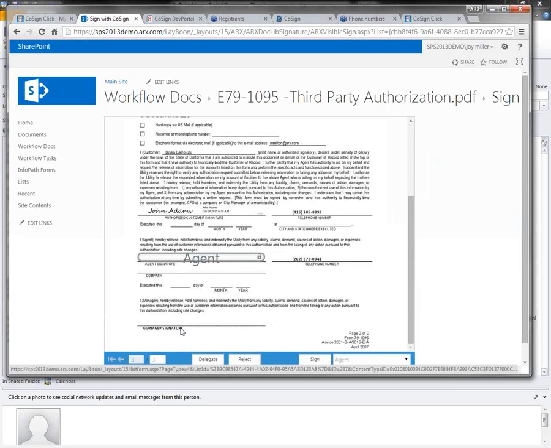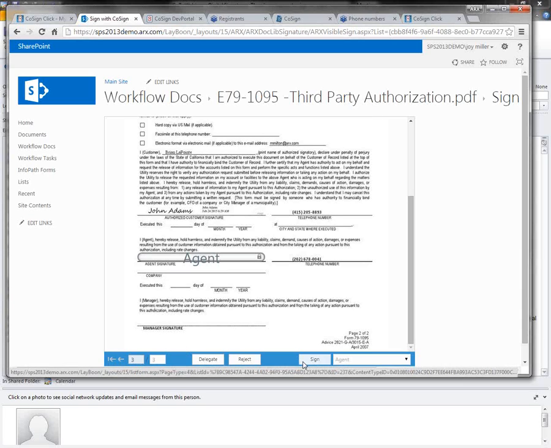Here is the John Adams signature that's been applied. Oh, okay, I can see the customer signed it. Now there's a signature field waiting for me to sign the document here as the agent, as it says. So the signature field's been labeled. It's been placed in the document. It's the only place I'm allowed to sign, by the way.